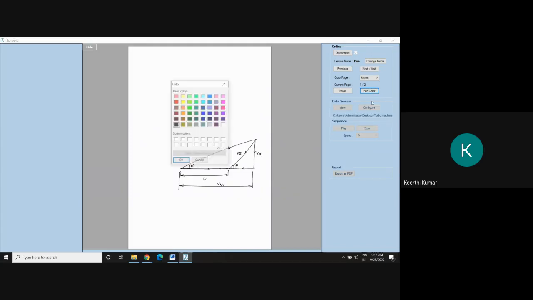Coming to the outlet triangle, observe carefully. So the beta 2 is given. I will start from this point. Always I'll start from this point. Can you see the red color? From there I'll start, and I am supposed to draw beta 2. What is beta 2? In some problems, beta 1 is equal to beta 2. In some problems, he'll give the value of beta 2.